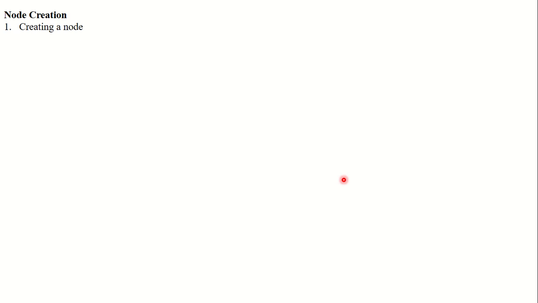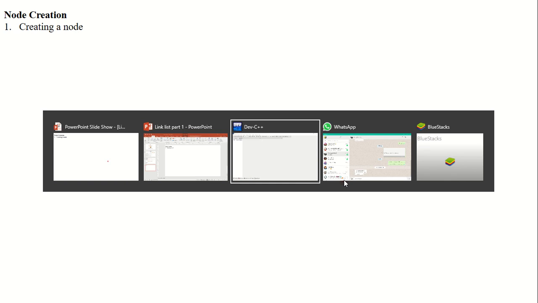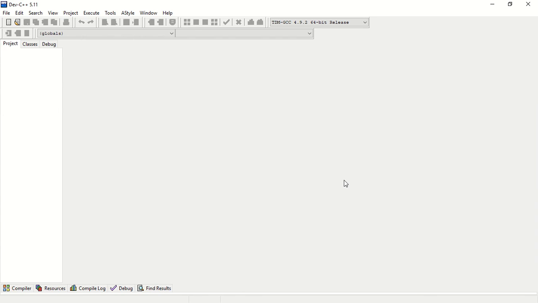Here I move you to the Dev C++ simulator, in which we are going to use C programming, and we are creating a node. How we can create it, what things we use, we will discuss. We take a new file and create the C program.